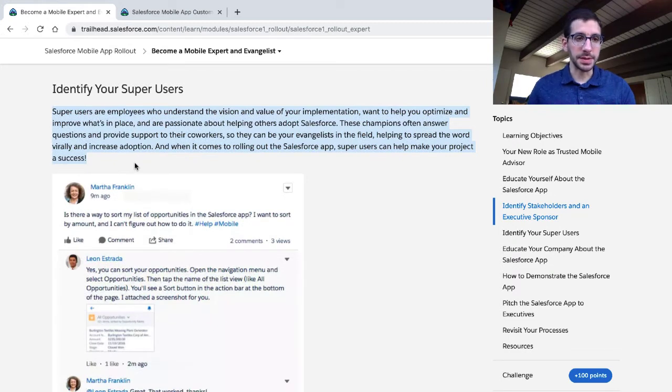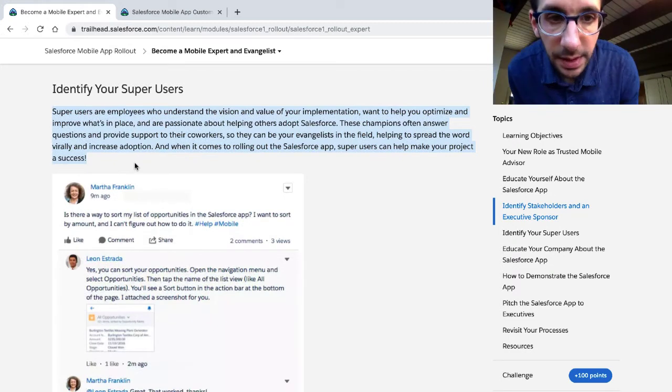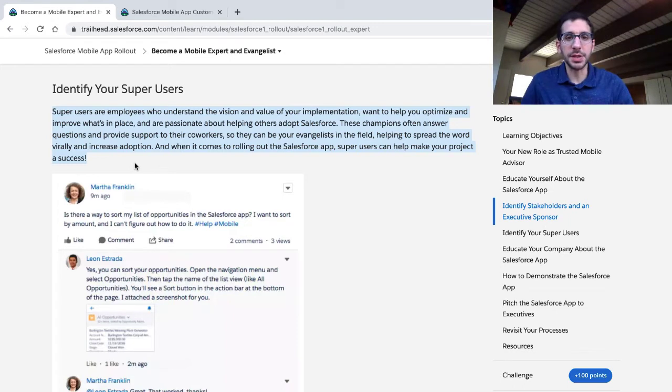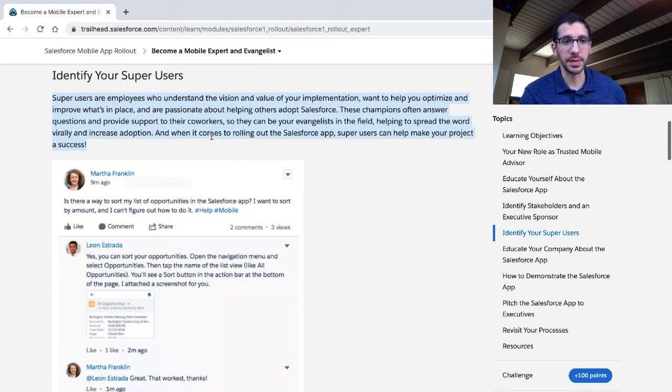Identify your super users. Super users are employees who understand the vision and value of your implementation, want to help you optimize and improve what's in place, and are passionate about helping others adopt Salesforce. These champions often answer questions and provide support to their coworkers, so they can be your evangelists in the field, helping to spread the word virally